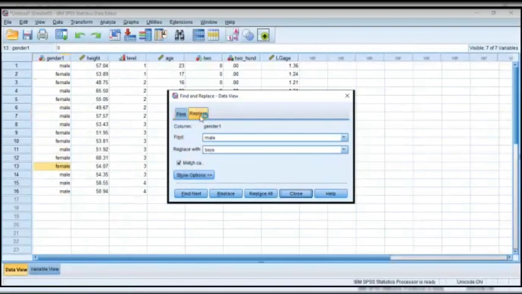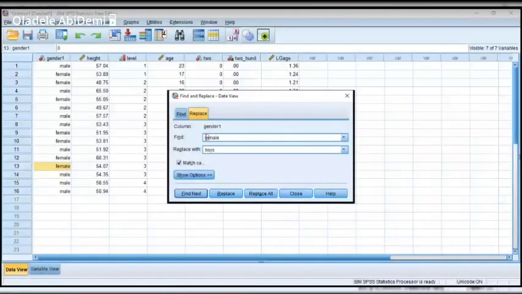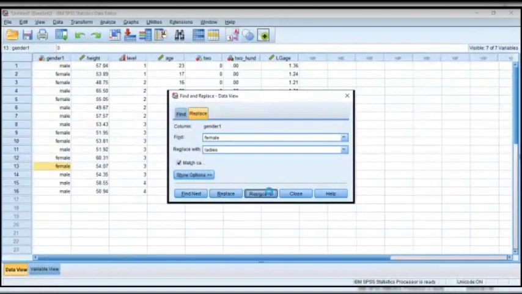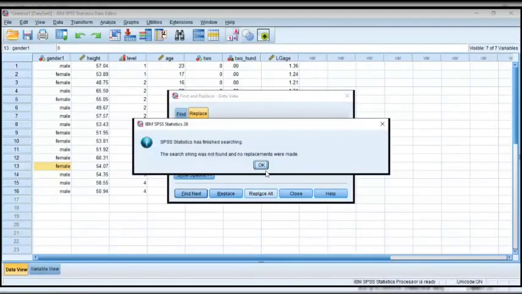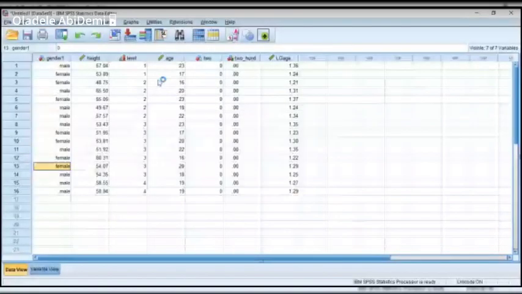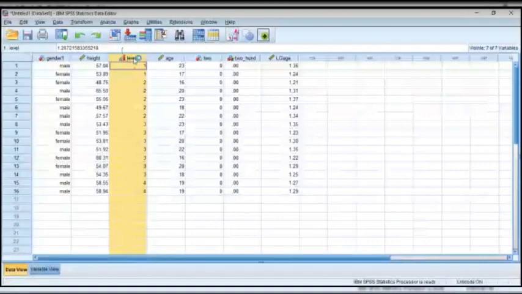Okay, now let's replace all the females with ladies. It's not seeing it. I don't know why. But actually, we can see how it works perfectly for height. Let's try it for level and see what happens.